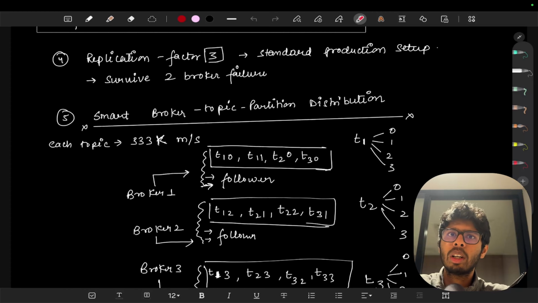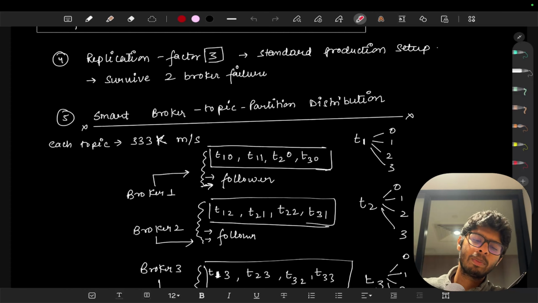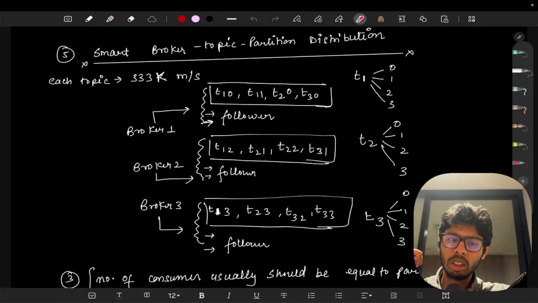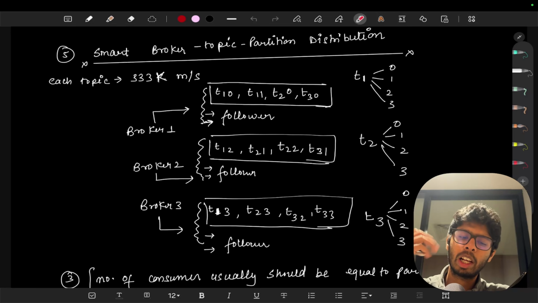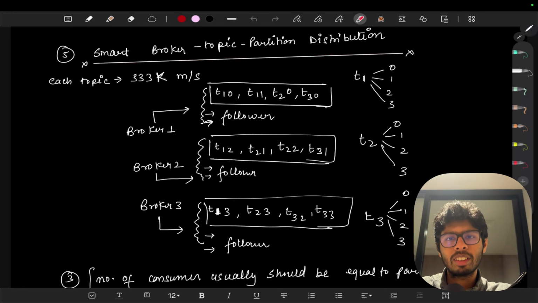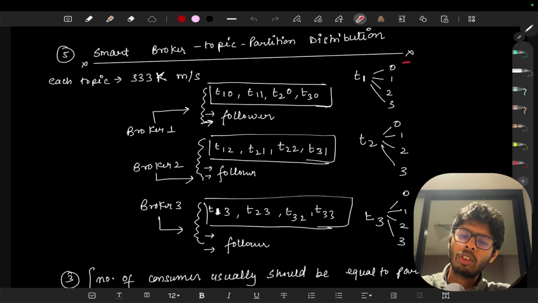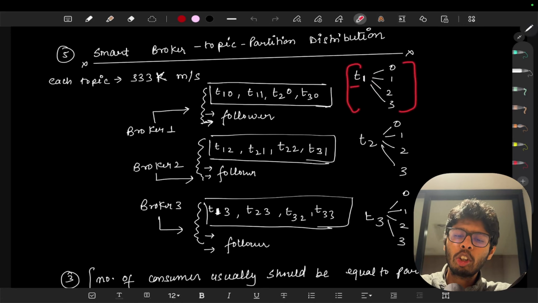We will discuss how many brokers we should choose in our second question. So now we know that we have 3 brokers, and let's see how our data is going to look in these 3 brokers with the help of smart broker topic partition distribution. So let's discuss it. For that, first of all, let's see this. In our topic 1, we know that we